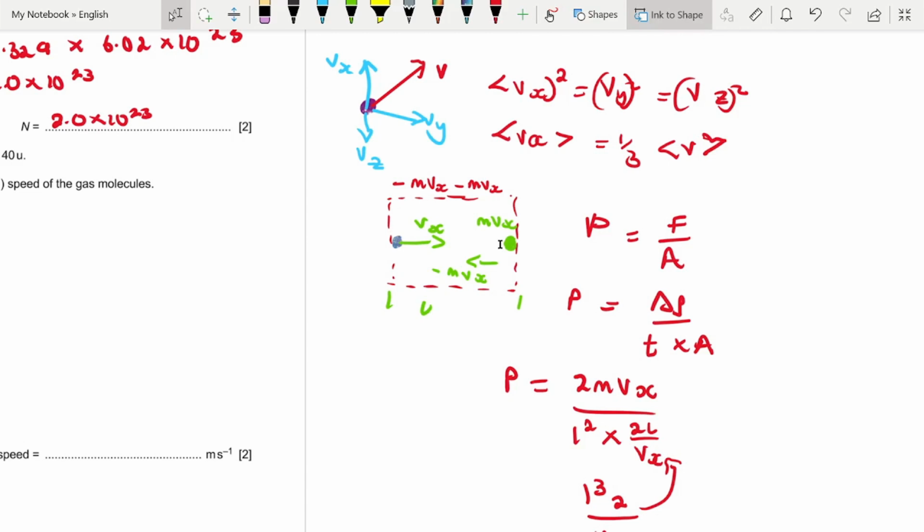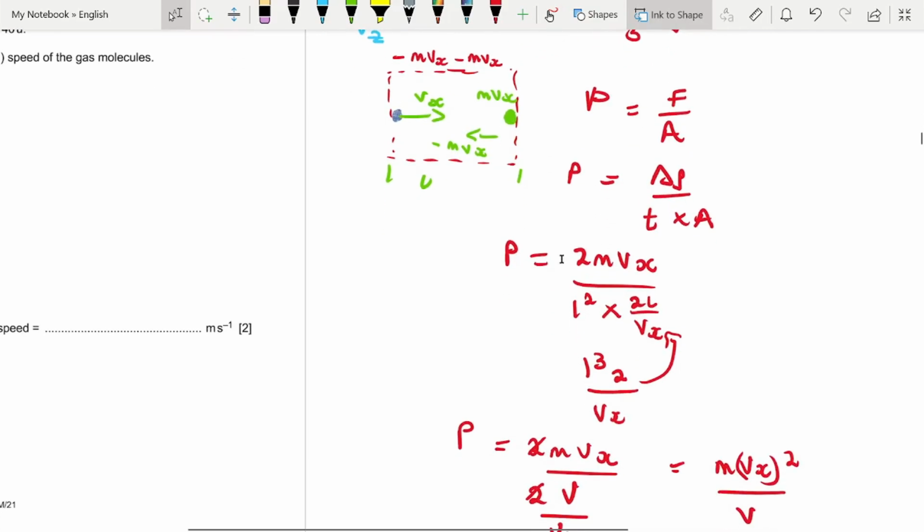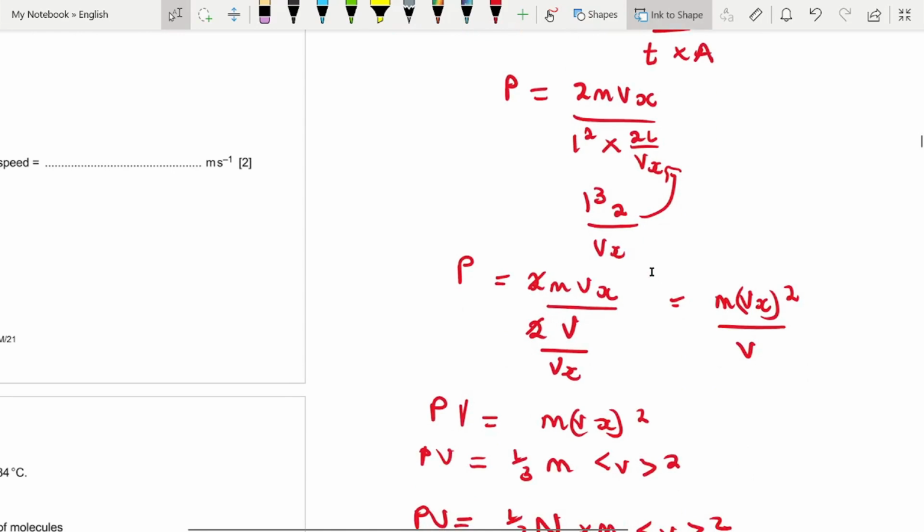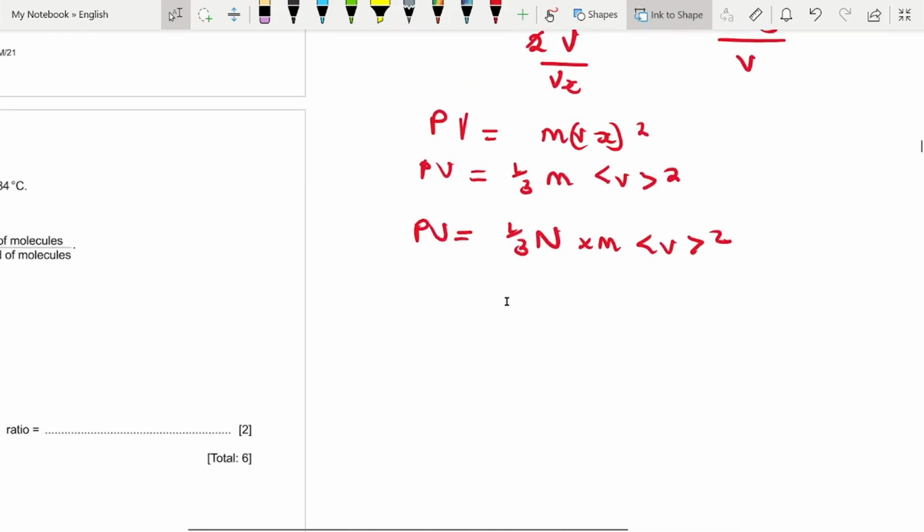If a particle hits that wall, it's going to change its momentum. We assume it's elastic. So the total change in momentum is going to be 2mvx, right? But pressure is force per unit area. And force is the rate of change of momentum, delta p over time. The time is the time taken to go and come back for that momentum change to occur. The distance is going to be 2L, and we divide that by our velocity, which is Vx, right? We have L squared, that gives us L cubed. Our velocity, we arrive at Vx being 1/3 of the total velocity squared, and we end up with our